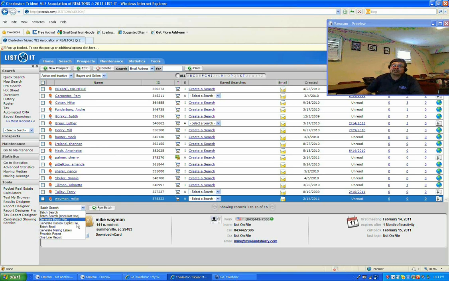You can also download this to your Outlook export file, and if you have Outlook on your phone or your computer, you can hit this download V card, and it will automatically put all this information of your client in your Outlook. Then if I want to send batch emails, like for an upcoming sale or upcoming open house, and I want to include a bunch of people, I'll show you how to do that here in a second. And generating mailing labels. That'll allow you to go in and send out letters, and you can generate labels for all the people you choose. So I'm going to go in and I want to send,